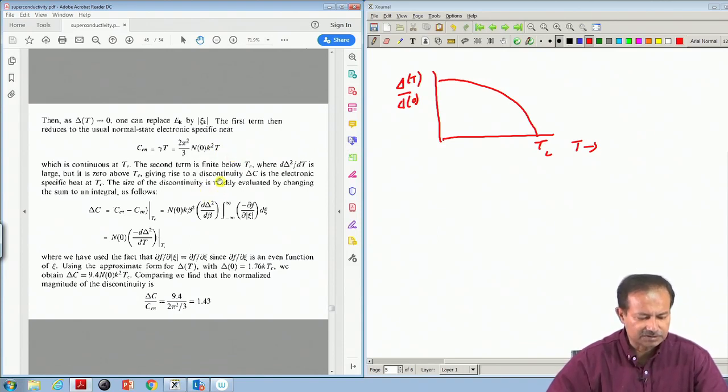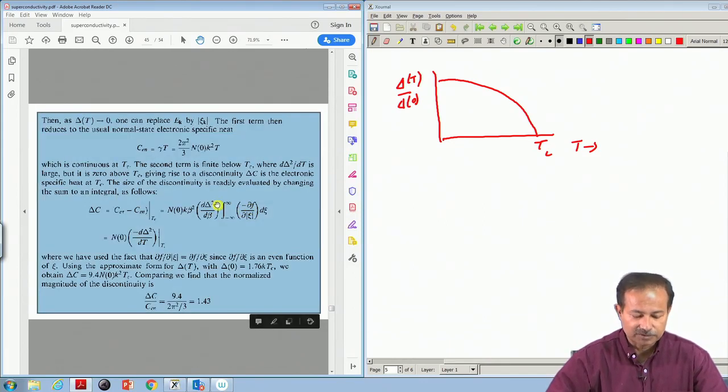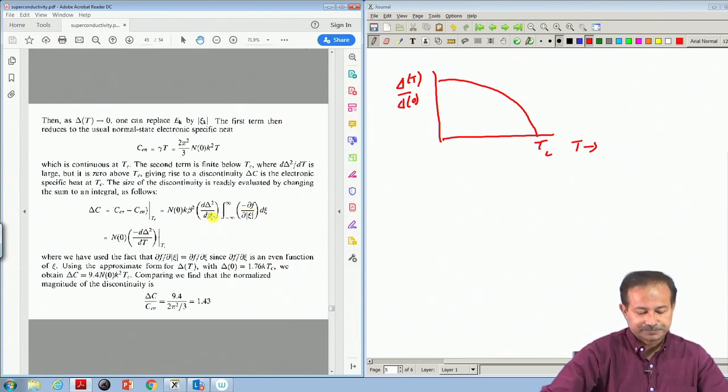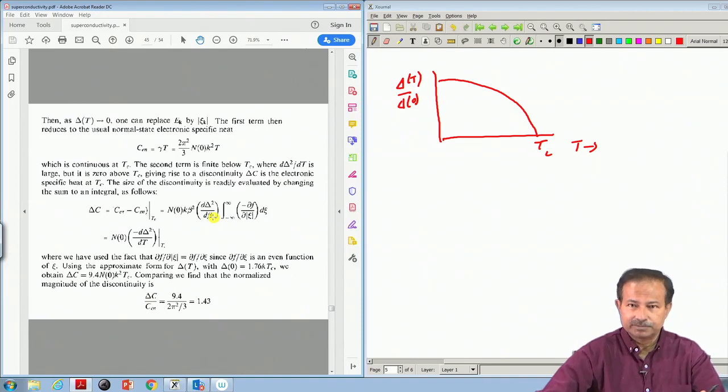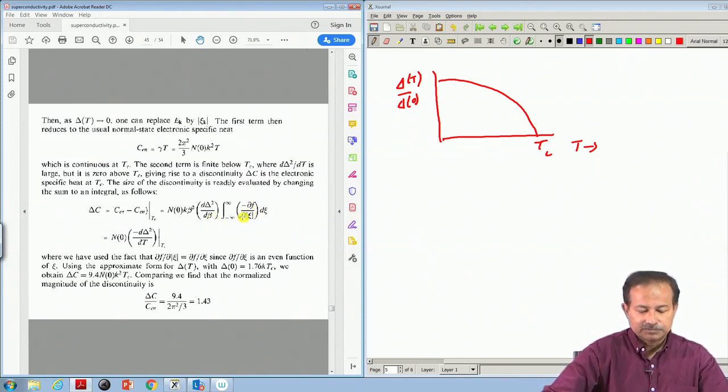The interesting thing is the second term. The second term is finite below T c and is 0 above T c. So, this will give a discontinuity at T c, right. That is the discontinuity one can calculate, and that is one thing that is done here. This calculation is very straightforward. df d mod E at T c, they are calculating it at T c. So, delta was set to 0, and then you get this formula, and of course, the d delta square by d beta is there. I mean, that temperature dependence is already there. So, you can do this.